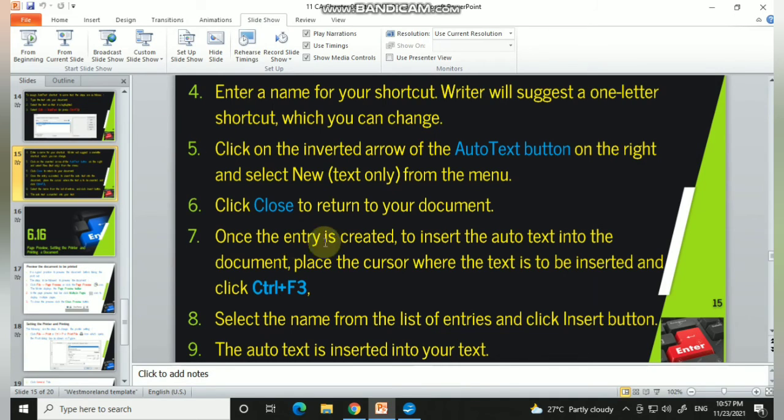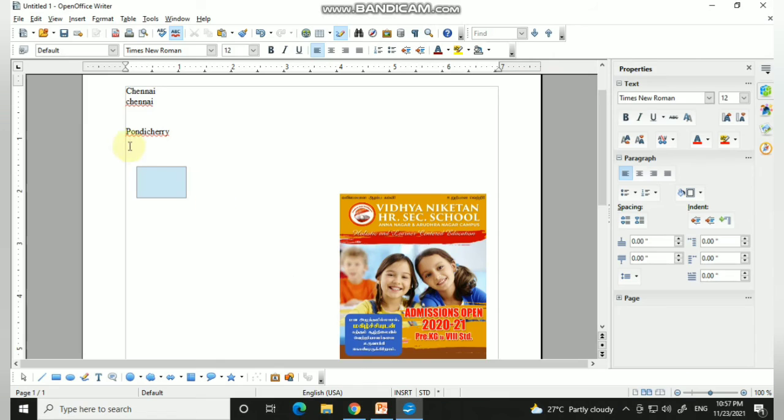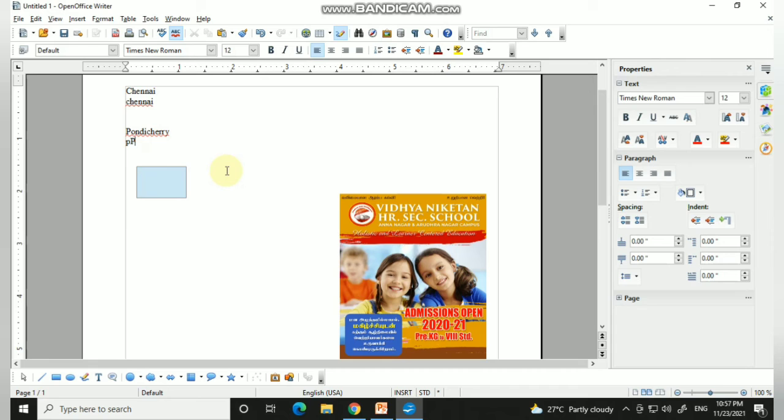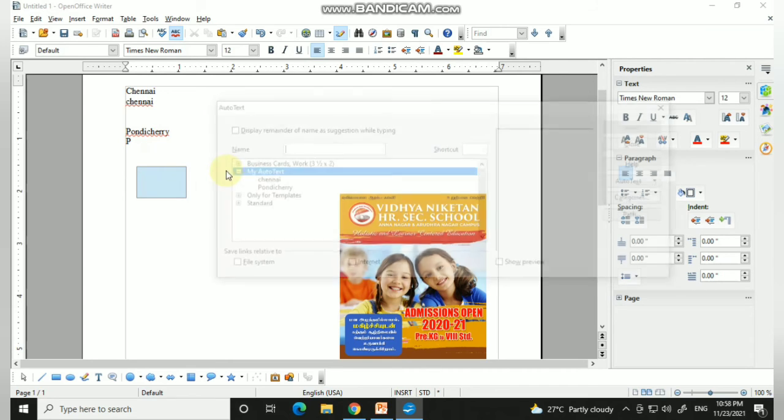Once the entry is created, to insert the auto text into the document, place the cursor where the text is to be inserted and press Ctrl plus F3. Now you just press P and then Ctrl plus F3.